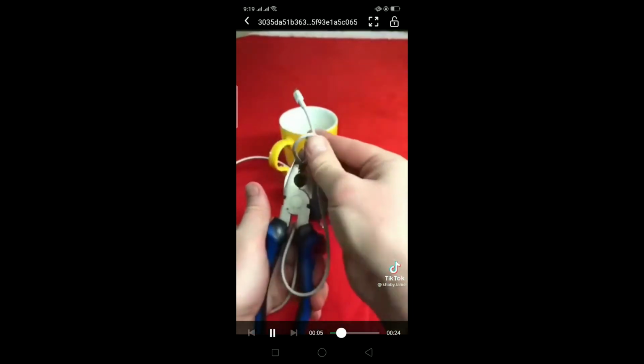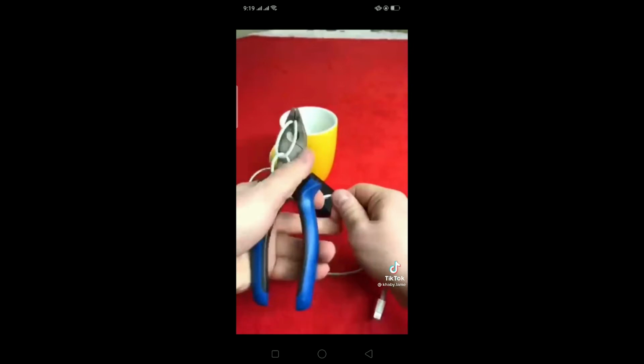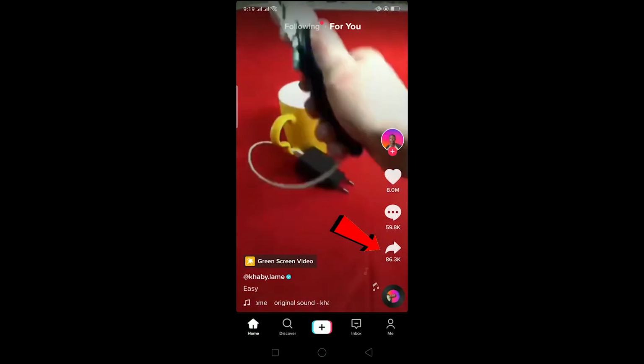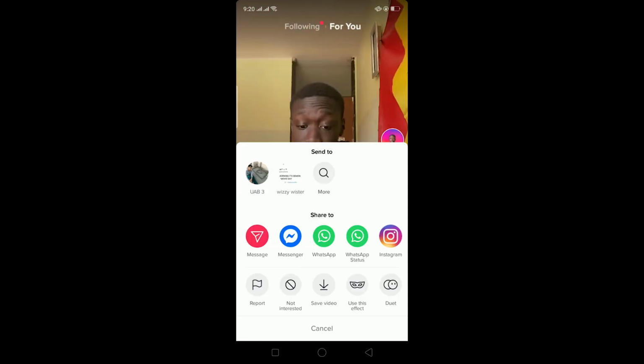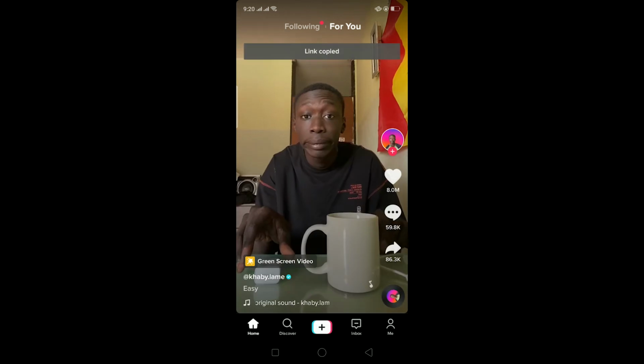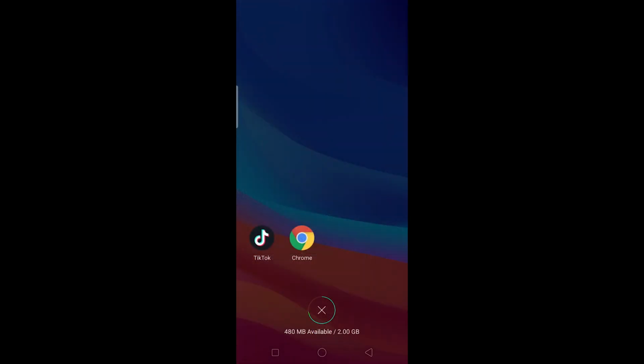So if you want to remove these type of symbols, what you can basically do is, let me download this video, the same video, click on this button over here and then scroll until you see copy link over here like this. Click on copy link, and once you copy the link, you need to go to this website on your browser,